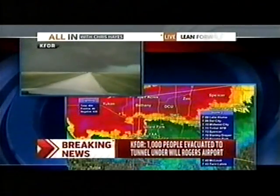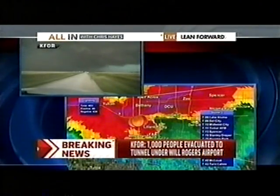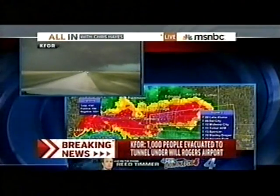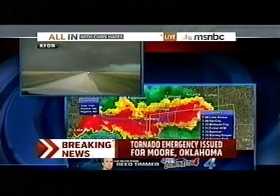Reed Timmer, are you with us? Yes, I'm still with you. We are still headed east on 152. We're just west of the airport. It's chaos out here. There's cars going everywhere. It looks like they're evacuating, which is good. They're getting out